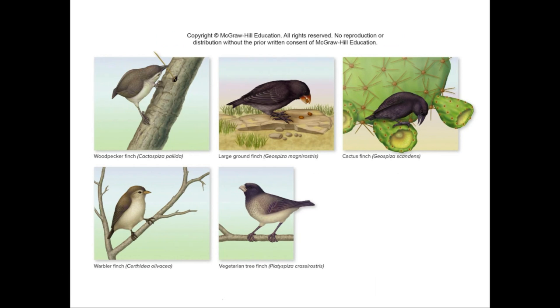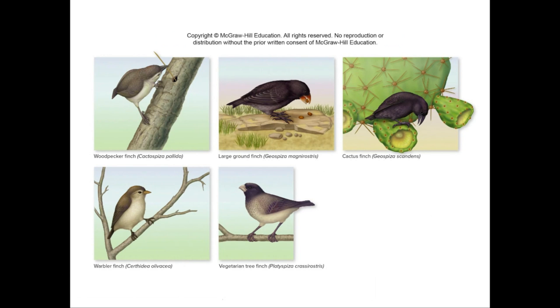You have this group of species living on this archipelago, all descended from one original founding species. So something landed on the Galapagos, or a group of individuals landed on the Galapagos, and they took off population-wise. And what I think is really powerful about this example is you can just see how their beaks differ